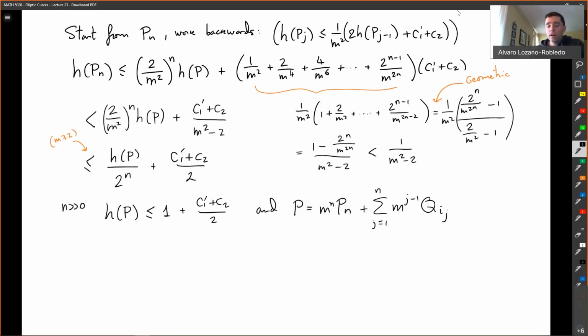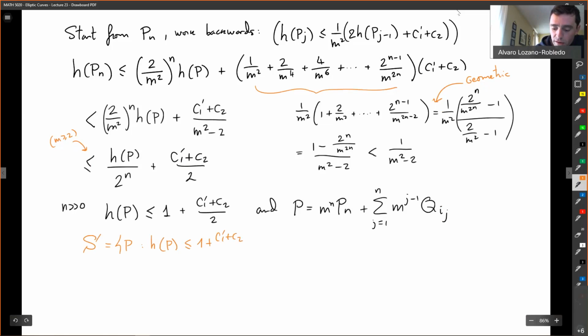But the set S of points such that the height of P is less or equal to this bound that does not depend on P is finite